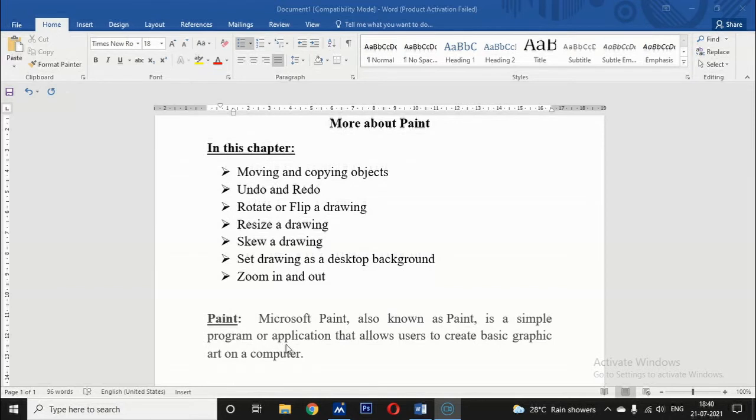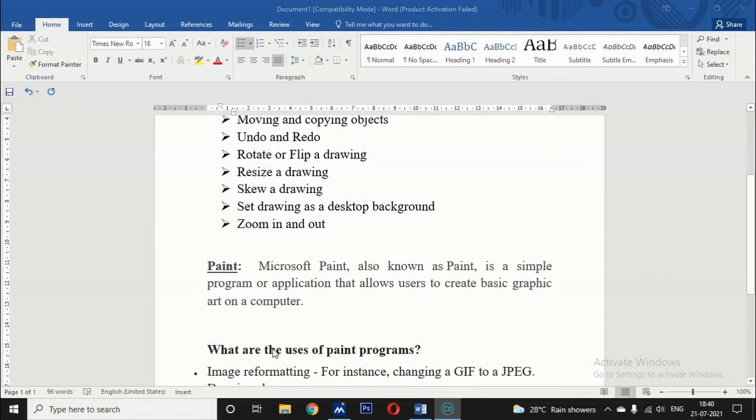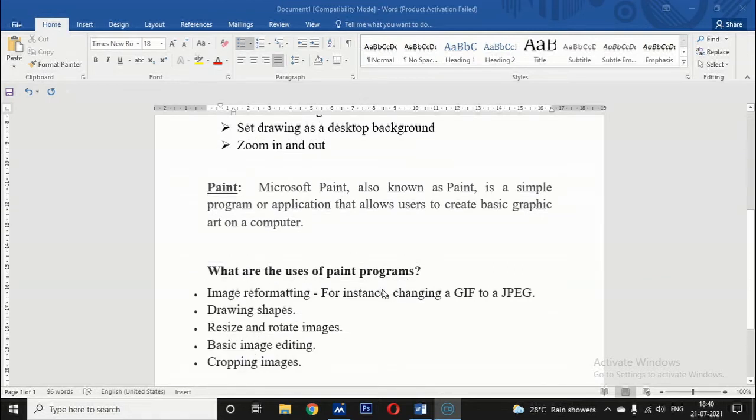Now let us see the uses of Paint. Some uses of Paint are image reformatting, that means changing a GIF file to JPEG format.